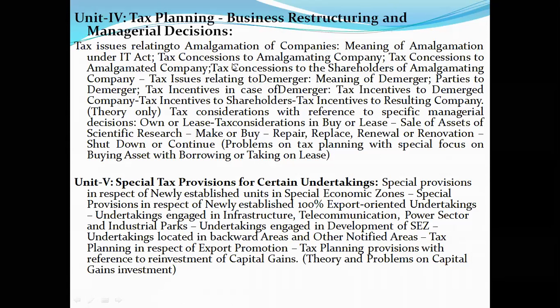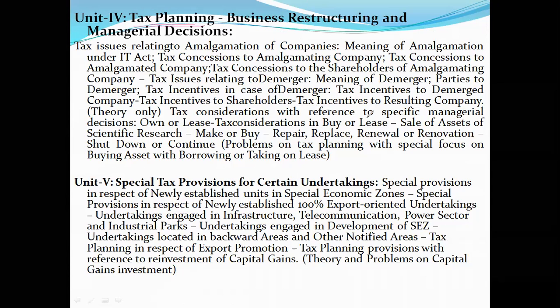Coming to fourth unit, it refers to tax planning based on business restructuring and managerial decisions. See, sometimes you may have to restructure your business organization. You may have to join with another company, that is amalgamation. You have to merge with another company, or sometimes you have to go for a demerger. Okay, so all these things you are going to learn how to decide on various matters with reference to tax planning